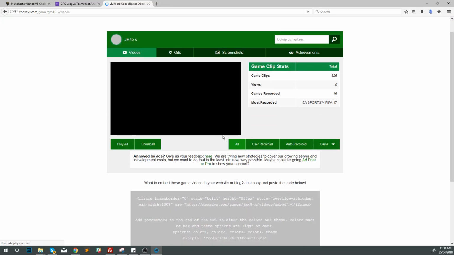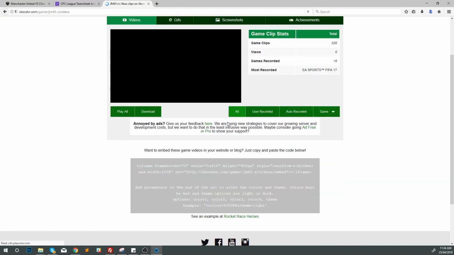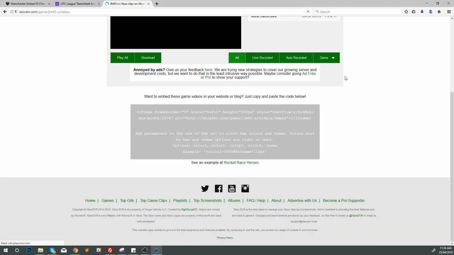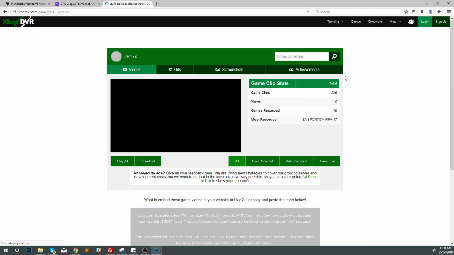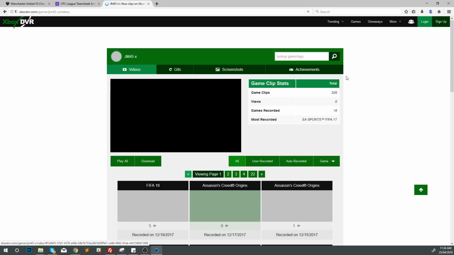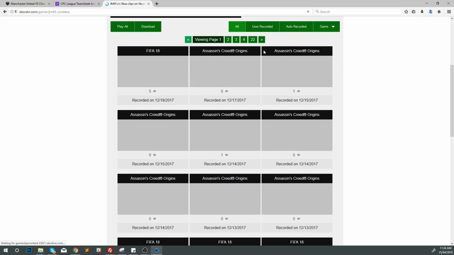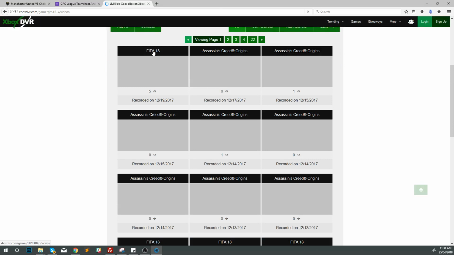And now this is going to show us all of the game clips once it loads. It's performing a little slower for me than it usually would, and that's because I'm recording and my PC isn't a fan of screen recording. So it'll show you all of your clips, and what you want to do is click on the stat clip, and then it's going to take you to the page of that video